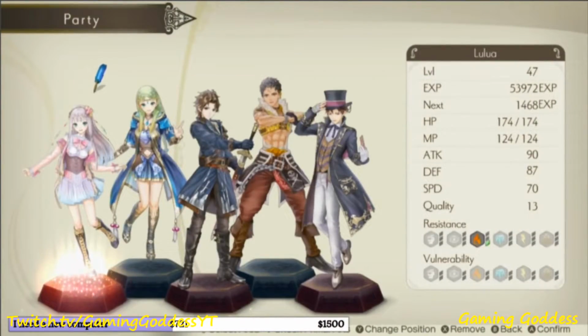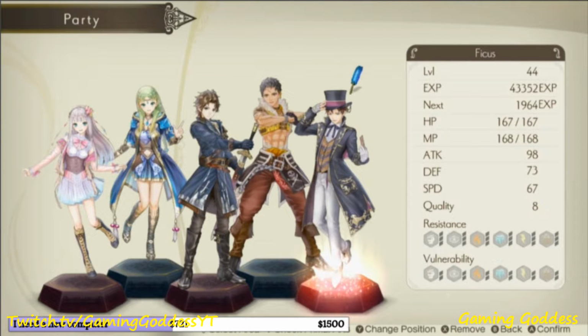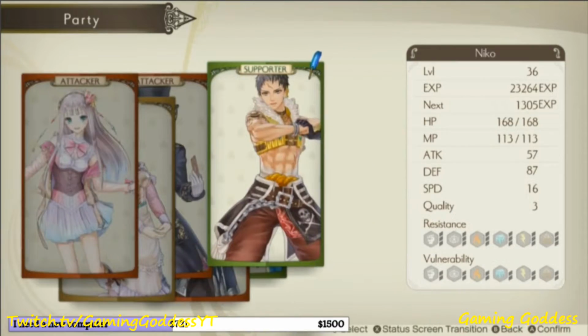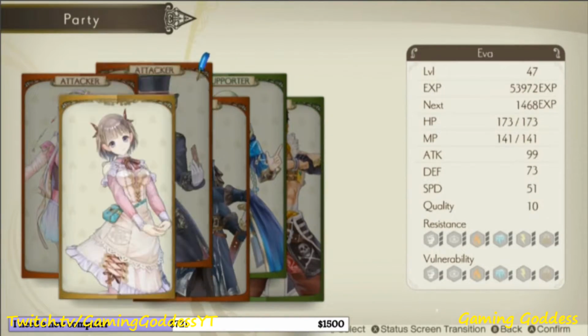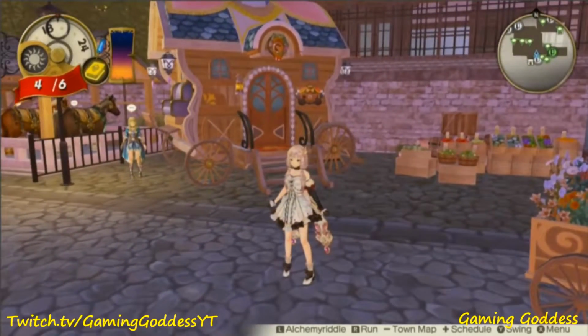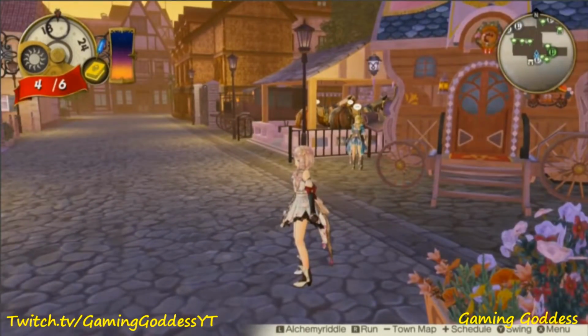Lastly, this game does feature a good variety of alchemists as well as normal party members, so I say just pick the ones you like the best and level them up as much as possible. That pretty much concludes the gameplay portion of the review, so let's go ahead and take a look at the